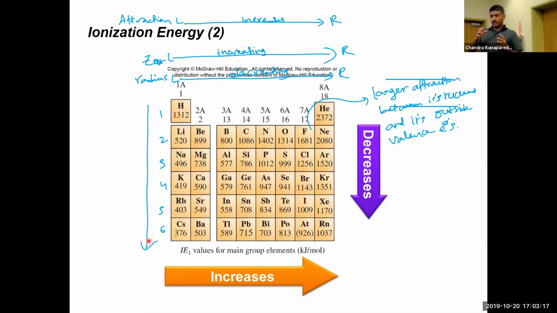Because the size of the radius is increasing, you don't need to apply much larger energy to remove an electron. That's why the ionization energies are decreasing from top to bottom in a group, but ionization energies increase across the periodic table because the size of the radius gets smaller. I know it's a whole lot, but